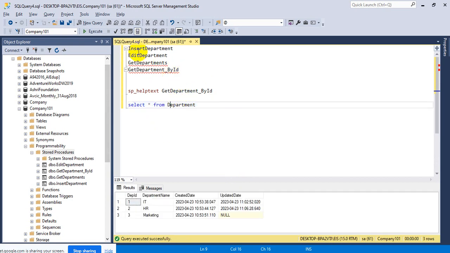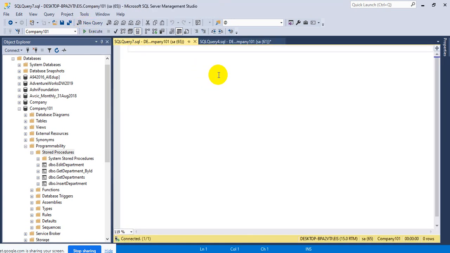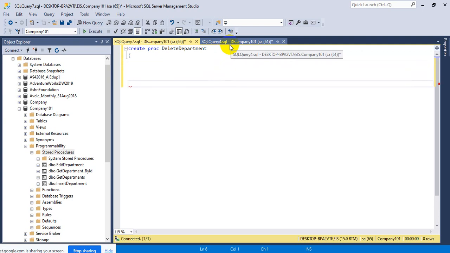So you have created insert, edit, get department. Now I want to create another procedure to delete the record. So here I am going to create another procedure, create procedure delete department, and here, if I just write a simple query, delete from